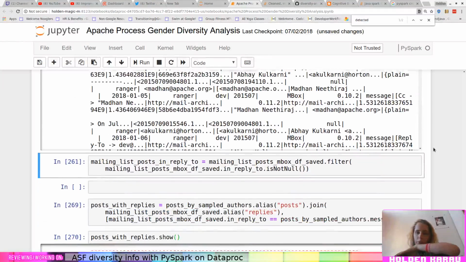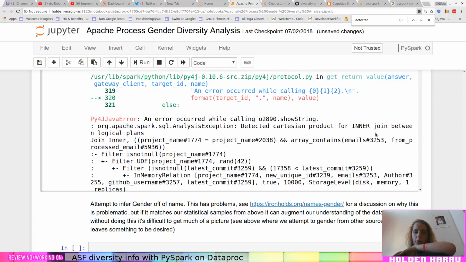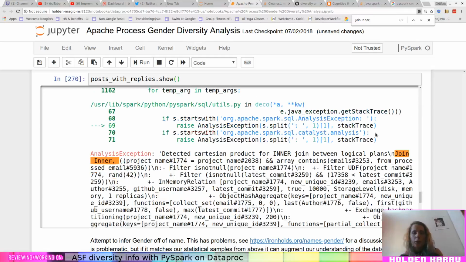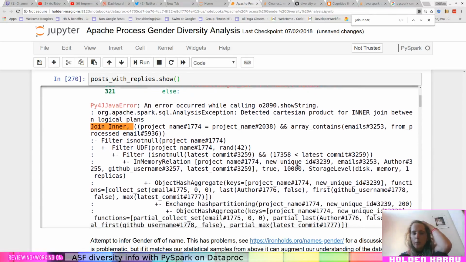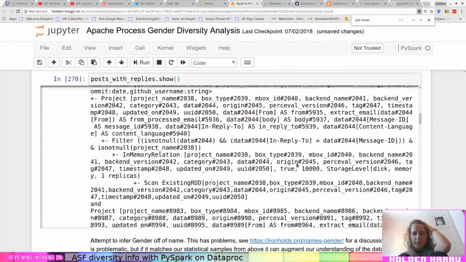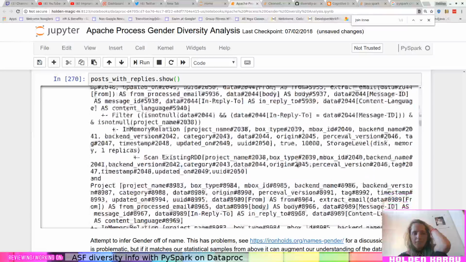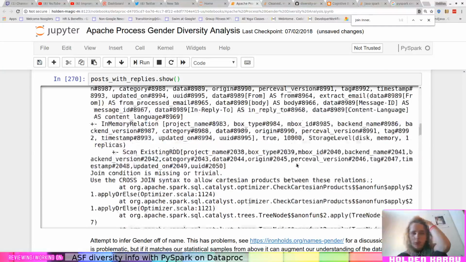Why is it detecting that there's no join condition or that it's trivial? Like this is join inner. Oh. Wait, what the... It's defined.